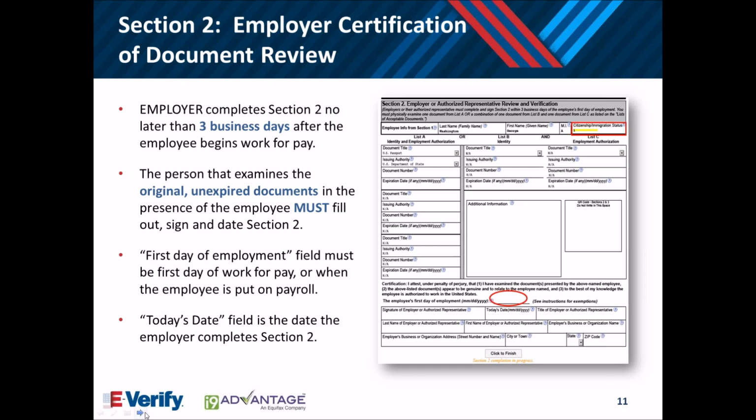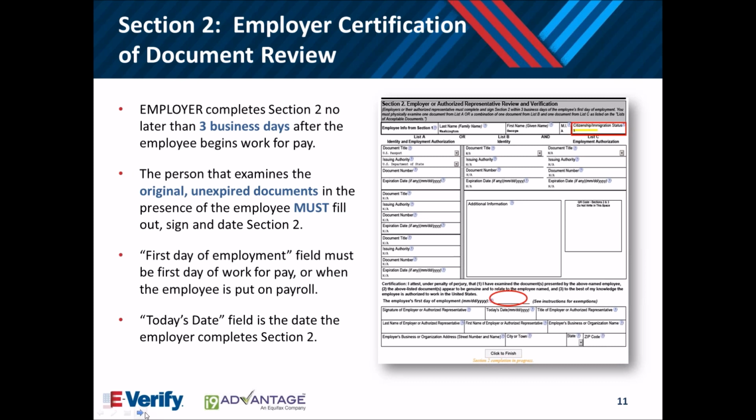All right, then moving on to section 2 of the Form I-9. This is where you as the employer are going to record that document review. This portion of the form must be done no later than 3 business days after the employee's first day of work for pay. And when you're reviewing those documents, just keep in mind that the documents must be original and unexpired at the time that they are presented to you,